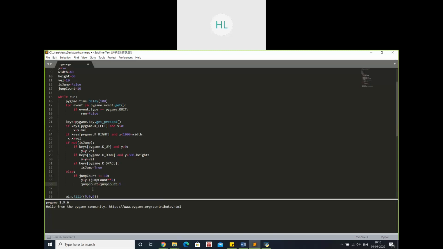So again it goes back, and again to the else, since my space bar is pressed. Again it checks if my jumpCount is greater than or equal to -10. My current jumpCount is 9, so yes, it is greater than or equal to -10. So then again my y is going to